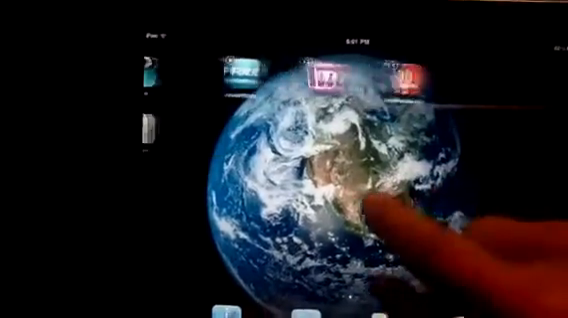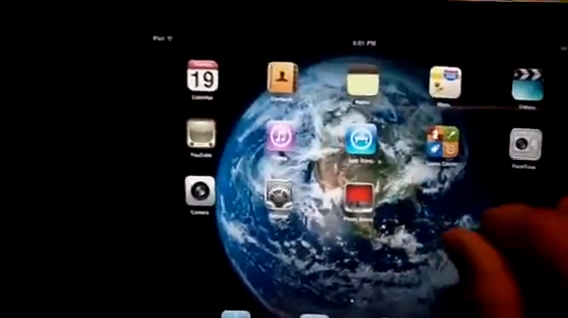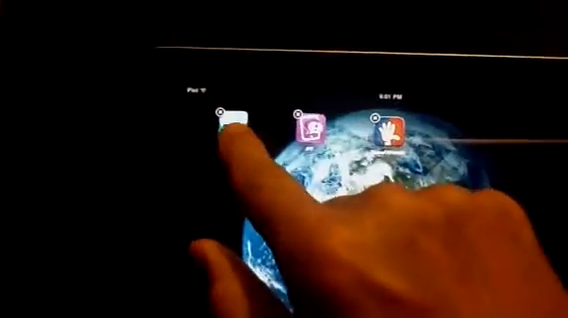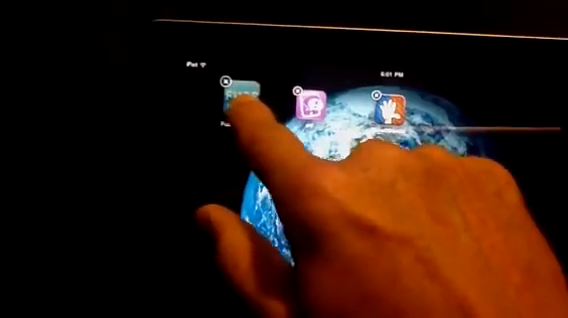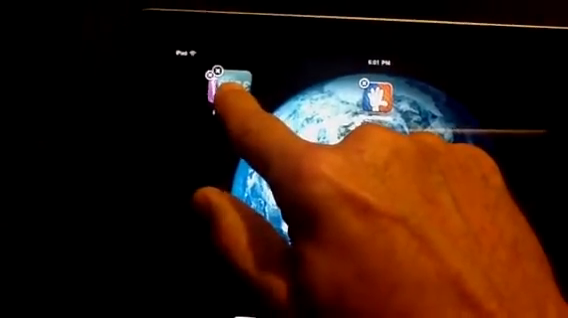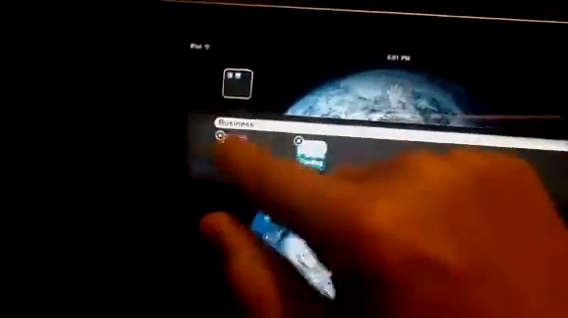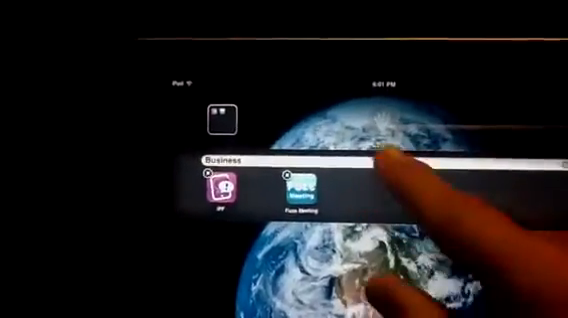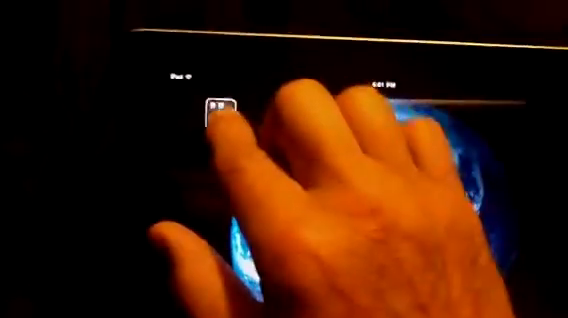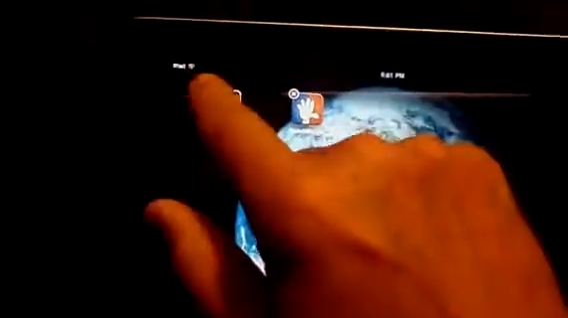Now, if I want to put files together, then what I have to do is hold one and drag it over. Make sure I'm not touching the little X. I drag it on top of one and let it go. Now when it does that, it creates its own folder. Now it's going to name it something, but you can change the name. So just tap the folder,